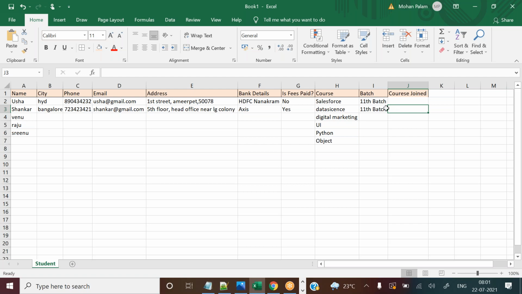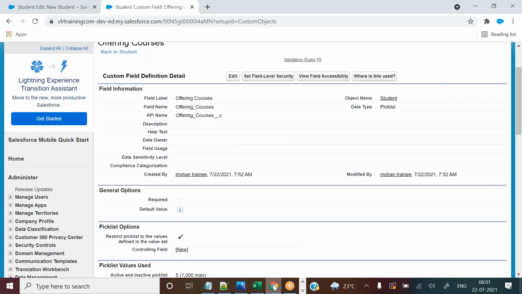So we can exclude a few things and add a few extra requirements. In real time, they should not do it like this, because courses is there, they should not add this one also. But in a training, we definitely need this one. So that is the reason I'm going to add one more field. Even though it is a duplicate, I am adding that field only to explain the topic.